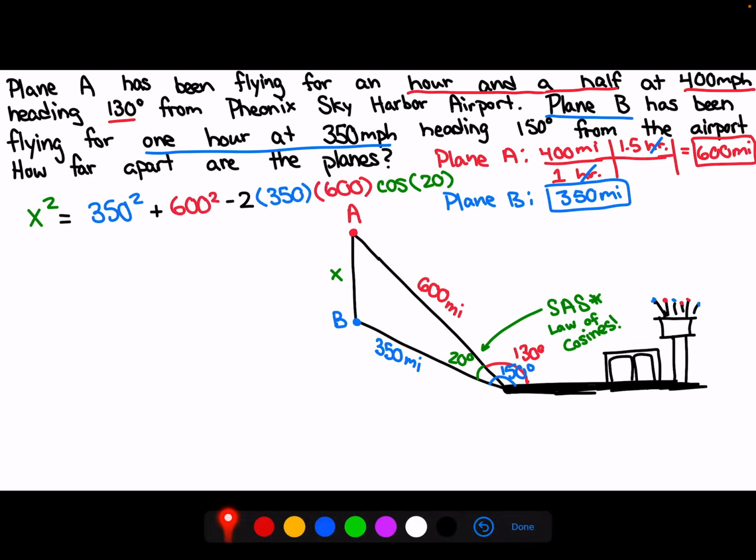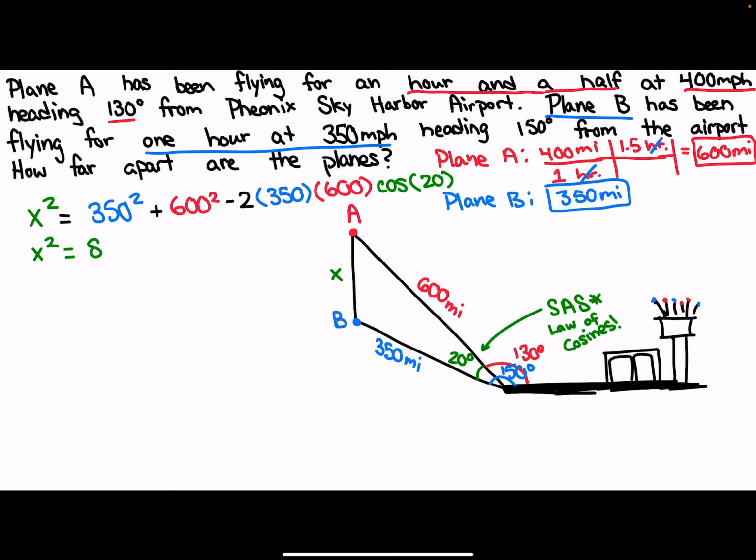So again, this is just law of cosines using x and an angle of 20 degrees here. From here, since I'm solving for the side length, I can enter this entire string onto my calculator. Just make sure that you have your parentheses and enter it in correctly. Double check it. If you enter it incorrectly,